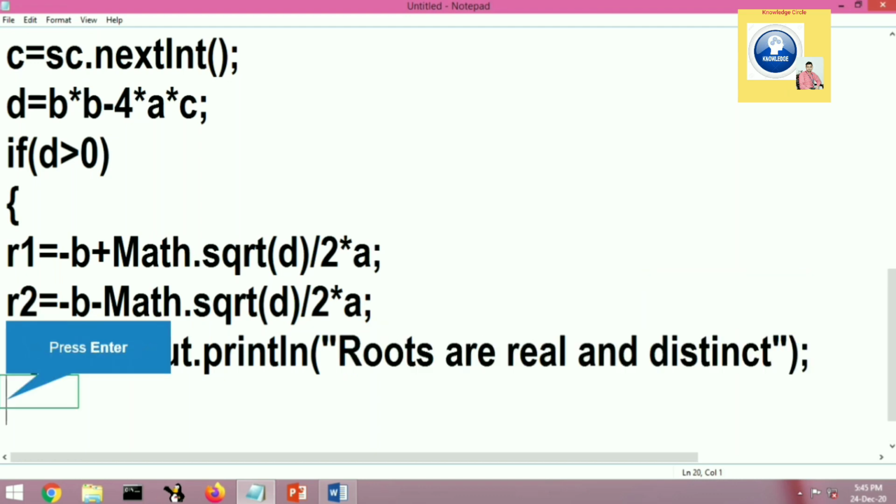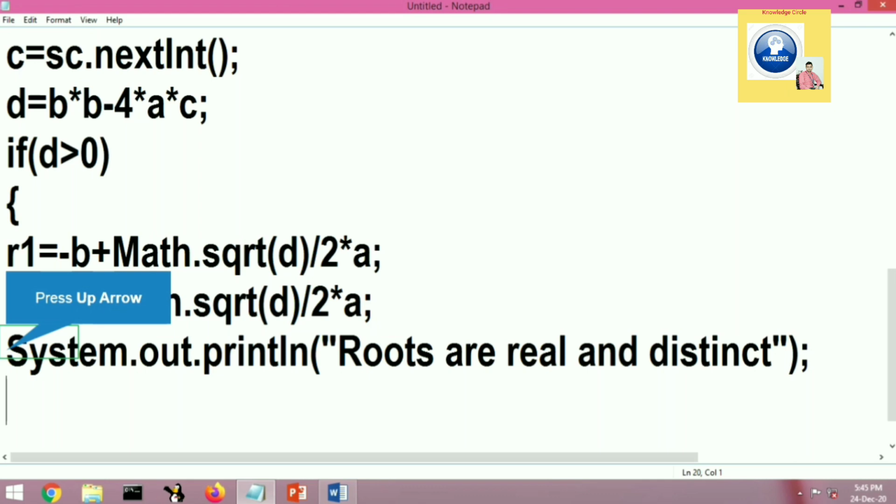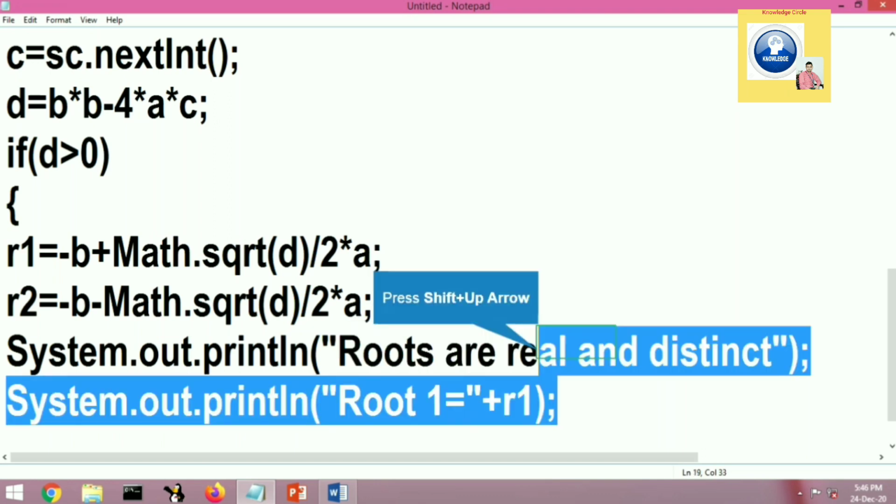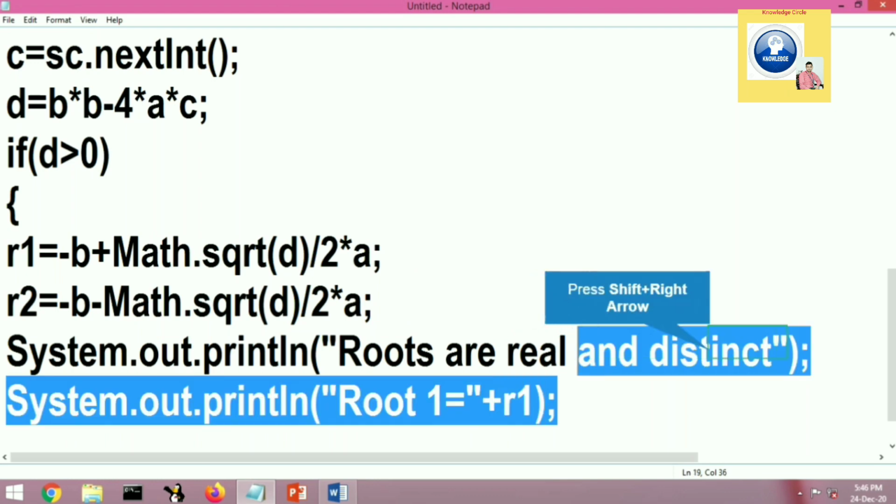So let's give a message that roots are real and distinct, and then let's copy it again and print the message root 1 equal to, then the concatenation sign, R1, and the same thing in the next System.out.print, root 2 is equal to, then again the concatenation sign to combine the variable's value and the string. Okay, so in this way we have done the first one.